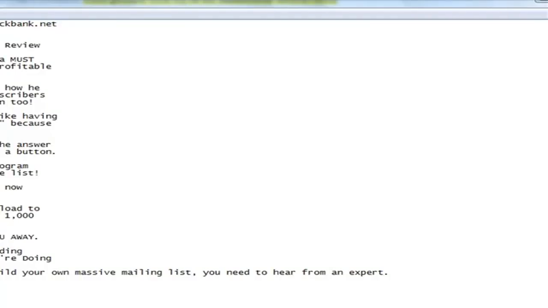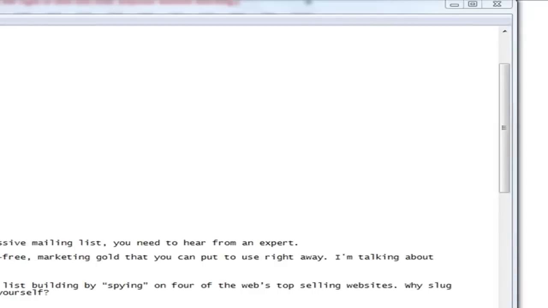This step will probably take the most time of any of the steps in the Fast Track Cash system. So I'm going to go ahead and pause this video and work on formulating an article, and then when I reopen the video after it's been paused, I'm going to show you what I've come up with as far as research goes. So I'm going to continue research and then show you what I've come up with. Okay, so